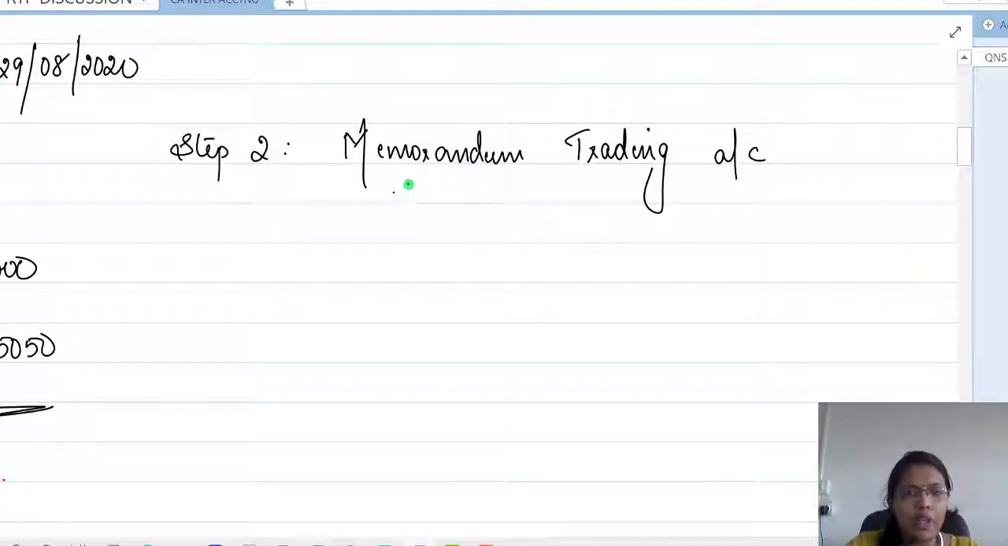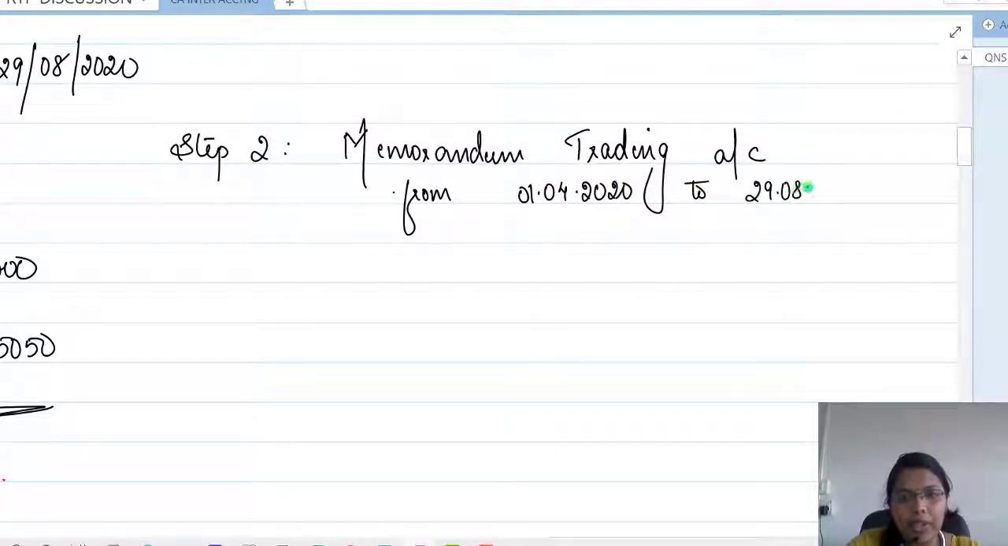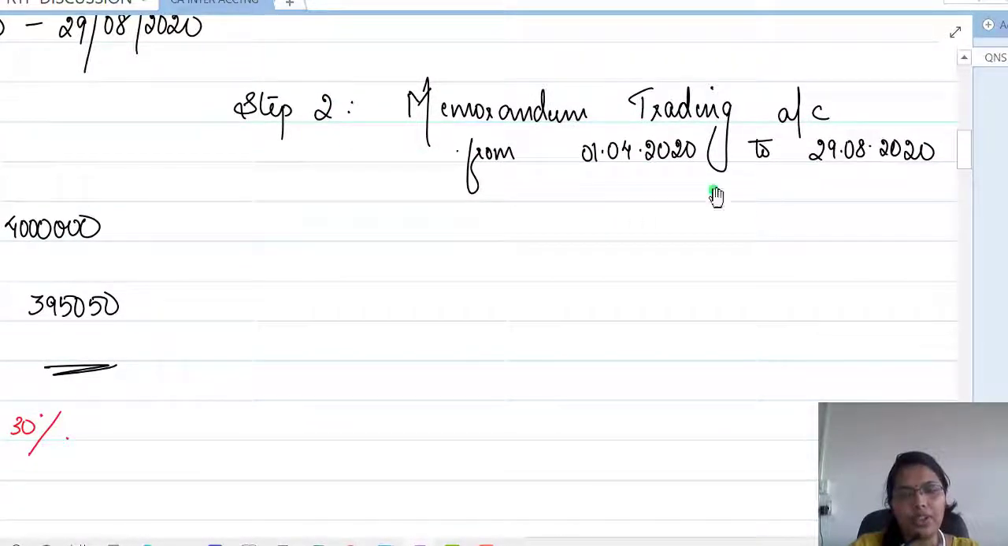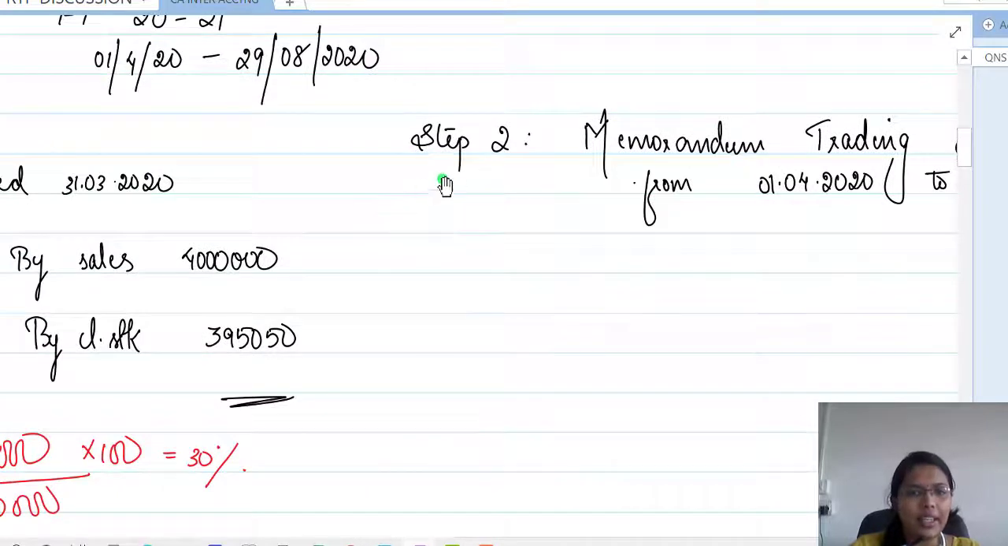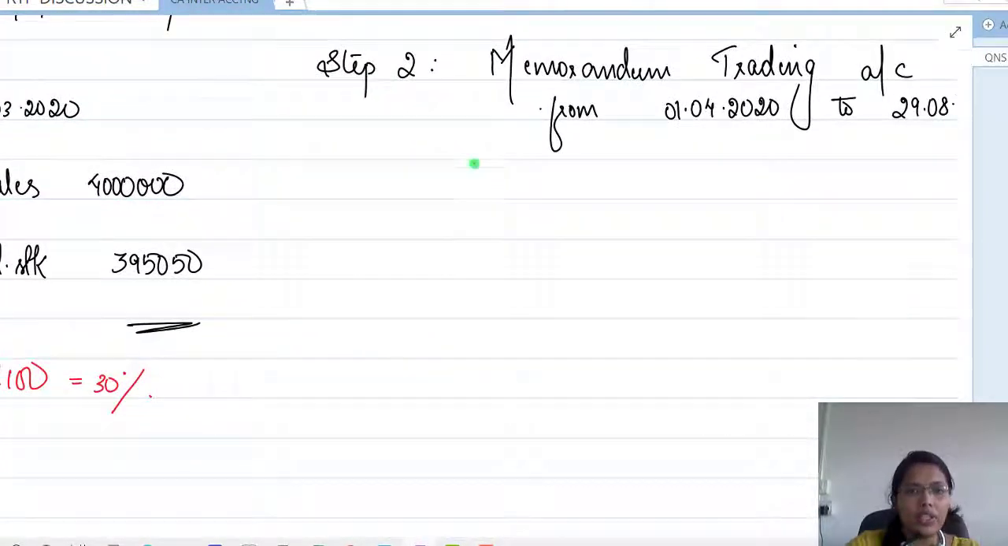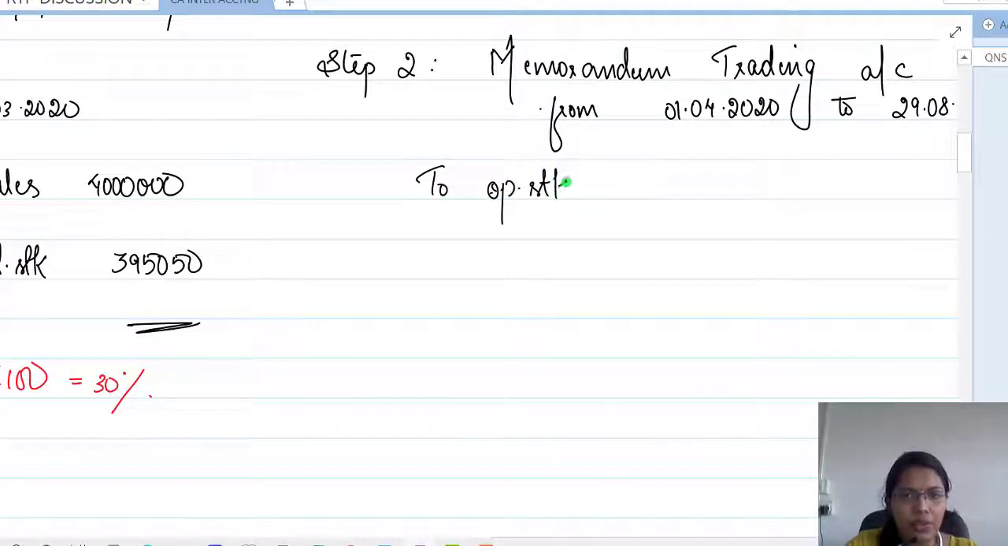So memorandum trading account from 1/4/2020 to 29/08/2020, and this has to be clearly written because this is the major part. From here, we are supposed to find the stock that was actually destroyed. So these dates are very important. Make sure that you write it clearly. Starting with the opening stock, and this year's opening stock would have come from the previous year. So from the previous trading account, we can record